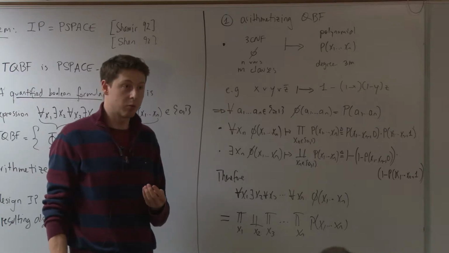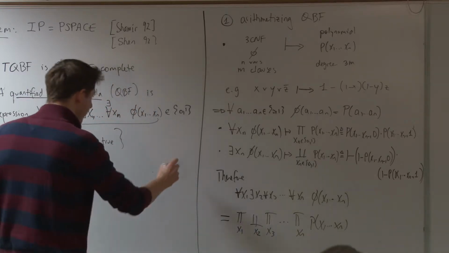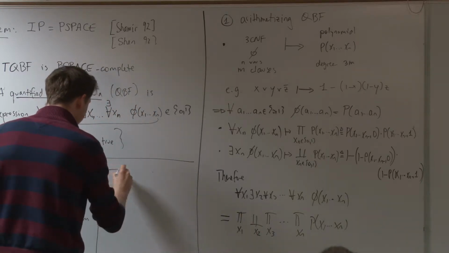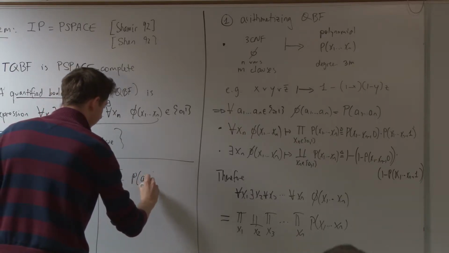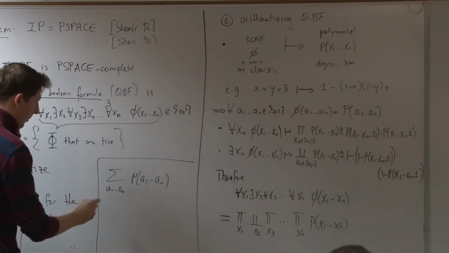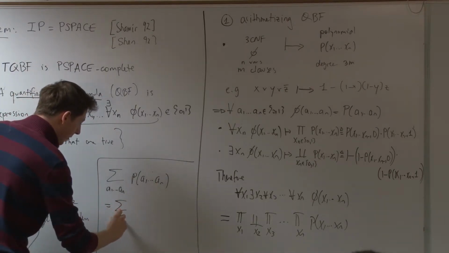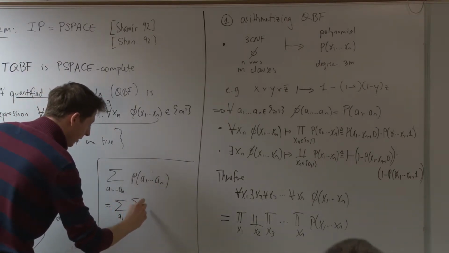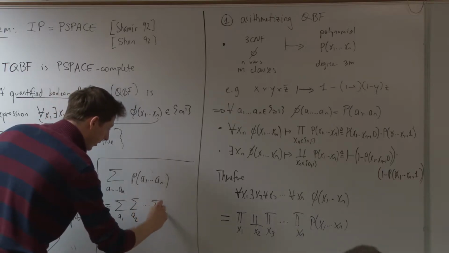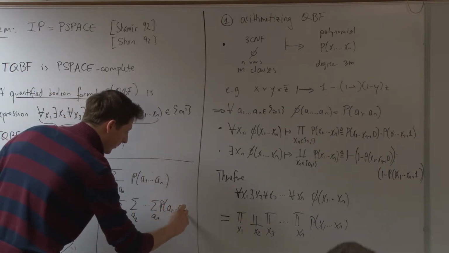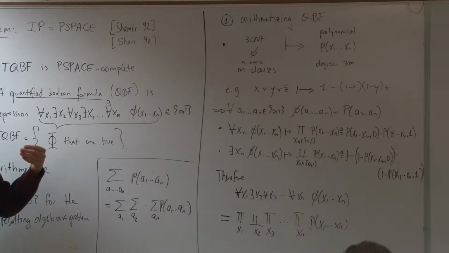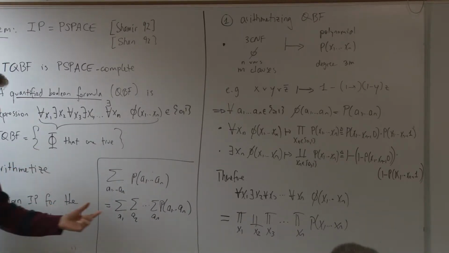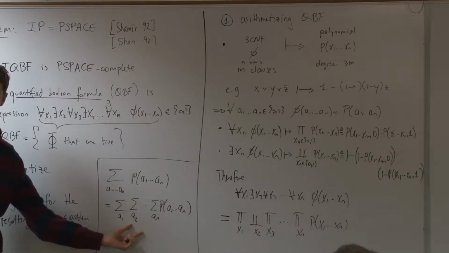In the sum check protocol, we were interested in a sum over a1 through an of p(a1 through an). But I can write this sum as sum over a1, sum over a2, and so on, sum over an, of p, right? So the fact that we were proceeding variable by variable